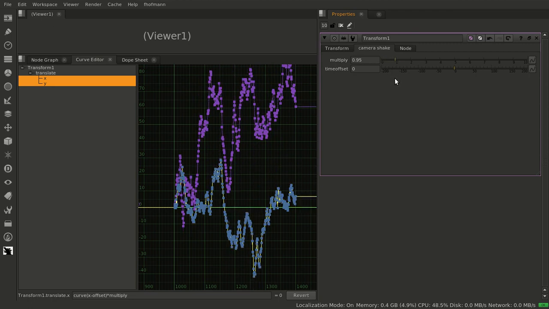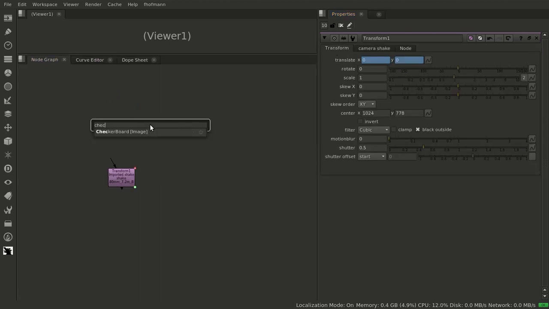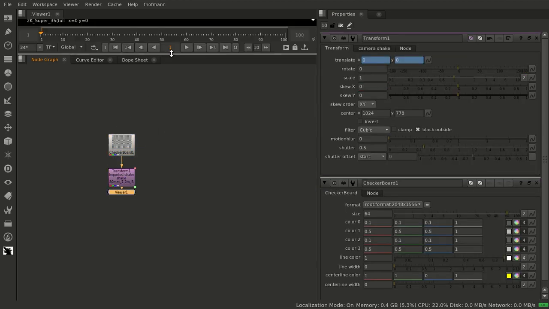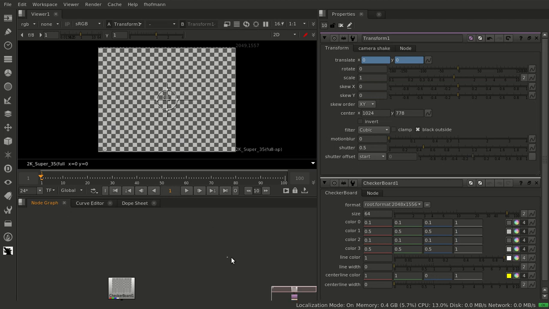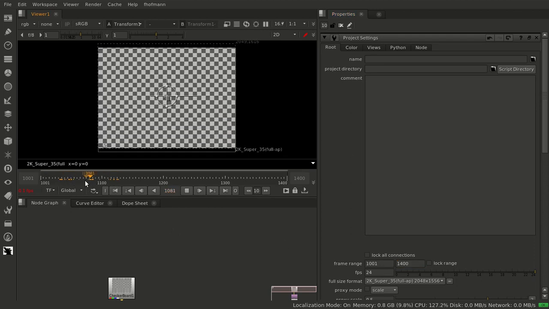So let's say I would like to stick with the 0.7. I can time offset them if I want to, and then I have a proper camera shake right from scratch, which looks hopefully more natural than the built-in one, or just the artificial one afterwards. So I play this one,